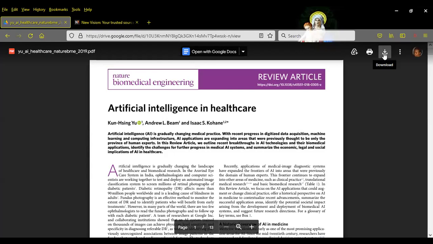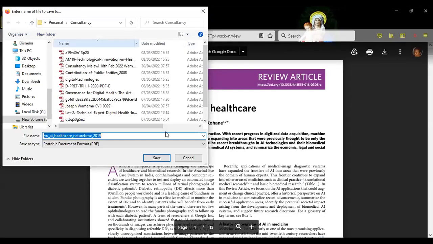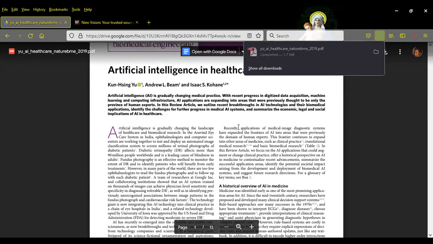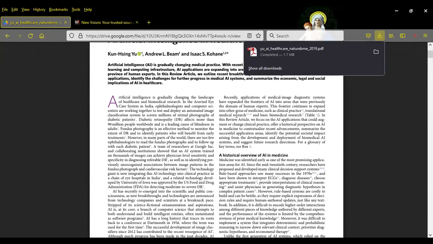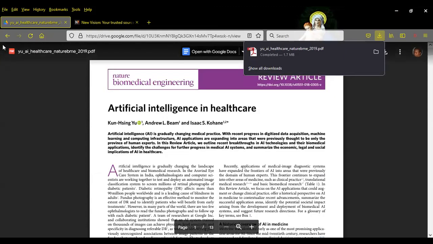I can save it on my computer and read it at leisure. So this one is an article on artificial intelligence in healthcare, and you can go ahead and read it.